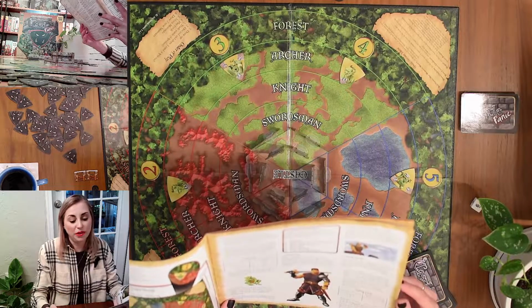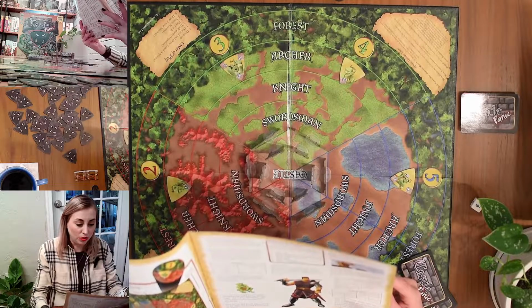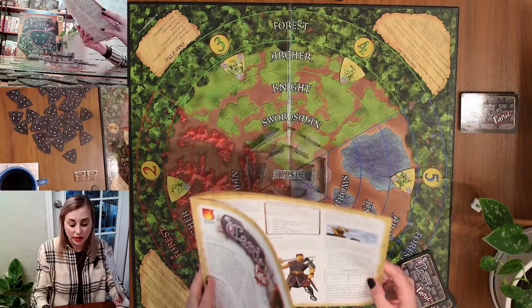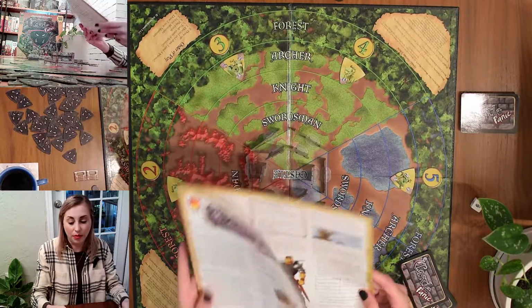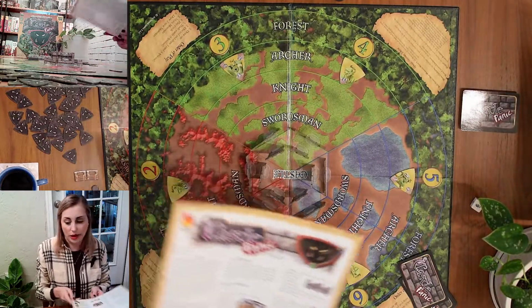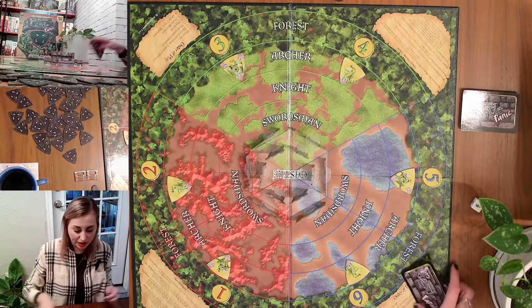Okay, so you draw up at the very start of your turn. You draw up to a full hand of cards. Right now when I'm playing the solo game, I get to draw a hand of 6, and then I can discard 2 of my cards twice per round. So if they're not giving me things that I need, I can do a discard